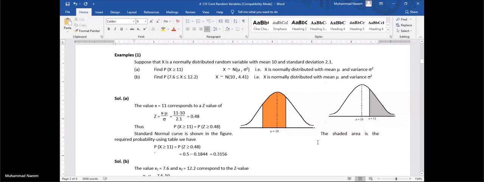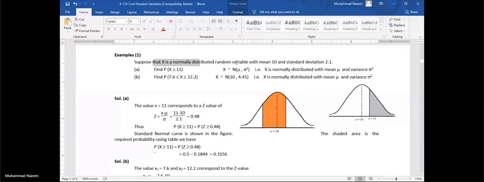This is the diagram. The very initial statement is giving us this information that the diagram is normal and symmetrical. So highlight the mean value. Mean value is in the center. Now the point of decision is 11. Where is 11? Definitely this is on the right hand side of the mean value.